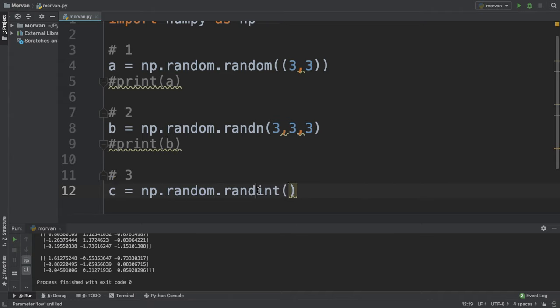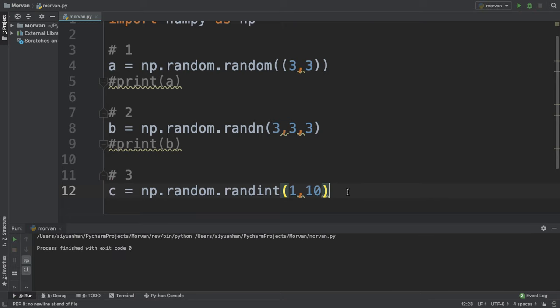So int stands for integer, so we can randomly output the integers here, and in order to do that we need to give it a range. So what do you want your integer between? So say I want my integer to be ranged between 1 to 10, so I put 1 to 10 here